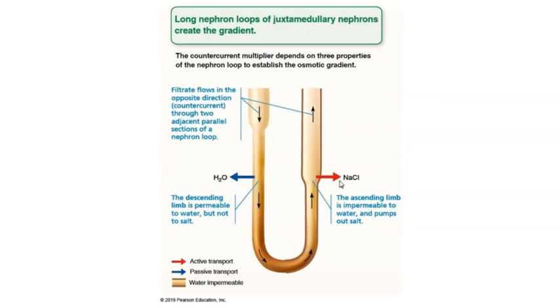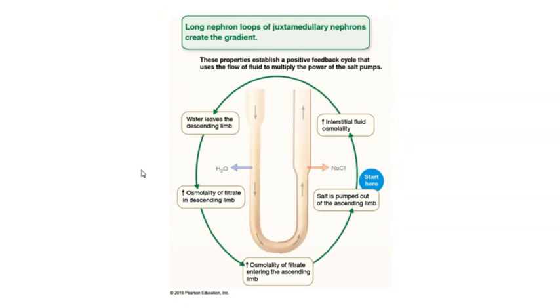So the ascending limb is pumping salt out, using ATP to do that. That salt is occupying the space around the nephron loop, and it's causing water to be pulled or diffuse out of the descending limb, right? Remember that water is always going to follow sodium. So if there's a high concentration of sodium around here, water is going to want to diffuse out of the descending limb. So just to summarize what we see here,